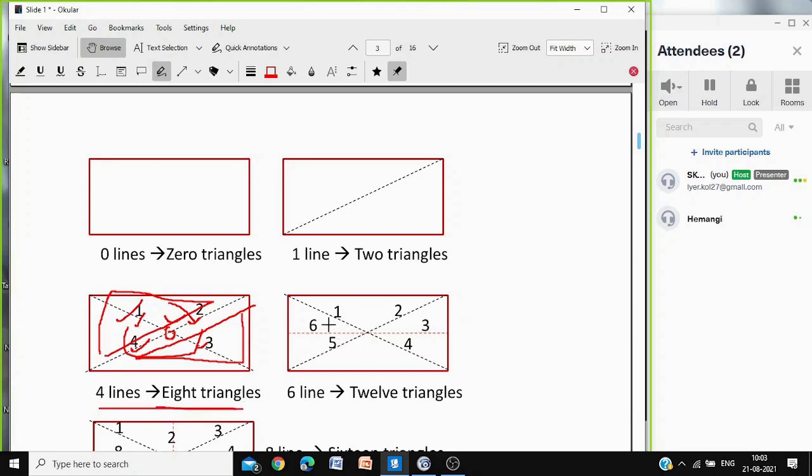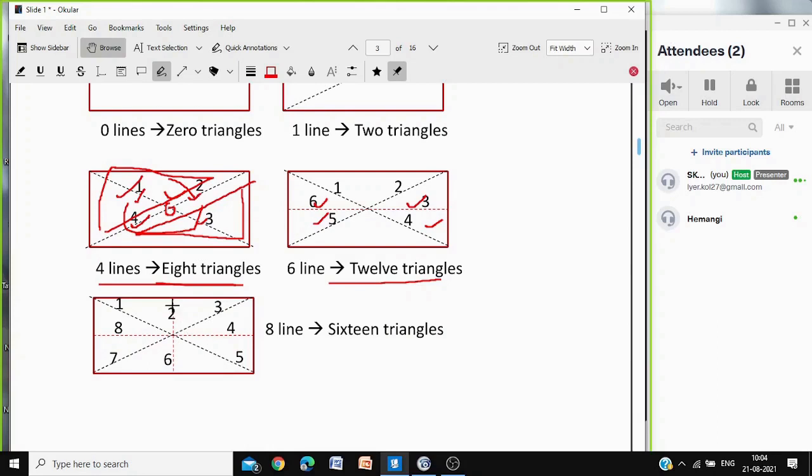Now we have got one more line. So when you draw one more line, we get 4 more triangles. Right? We get 6 lines and we get 12 triangles. In addition to the 8 triangles, you are getting this triangle and this triangle. So you are getting 12 triangles. 6 lines, 12 triangles. 4 more triangles. 1, 2, 3, 4. These are extra triangles which previously you were counting as a single triangle. Now you are counting as 2 extra triangles. So 4 triangles extra.